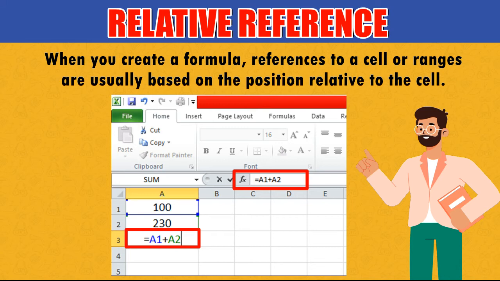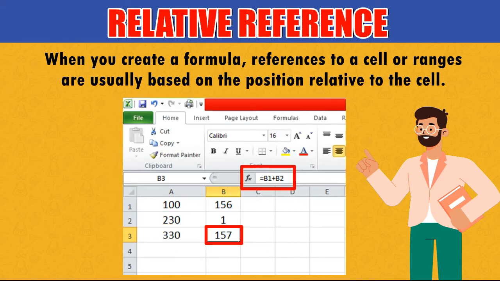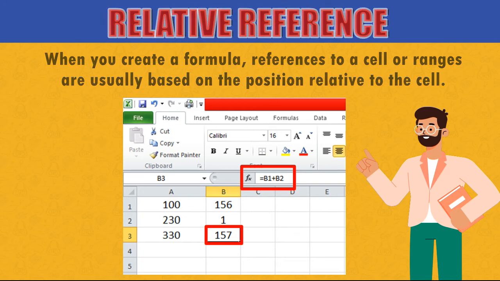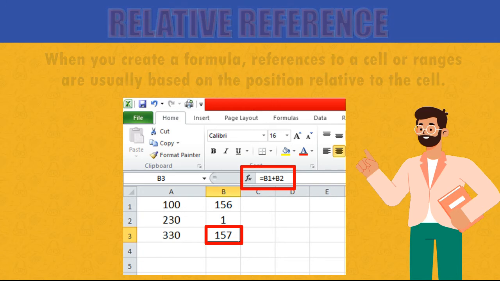When you copy the formula from A3 to B3, Excel automatically changes the reference to match the location of cells. That is B1 in place of A1 and B2 in place of A2.